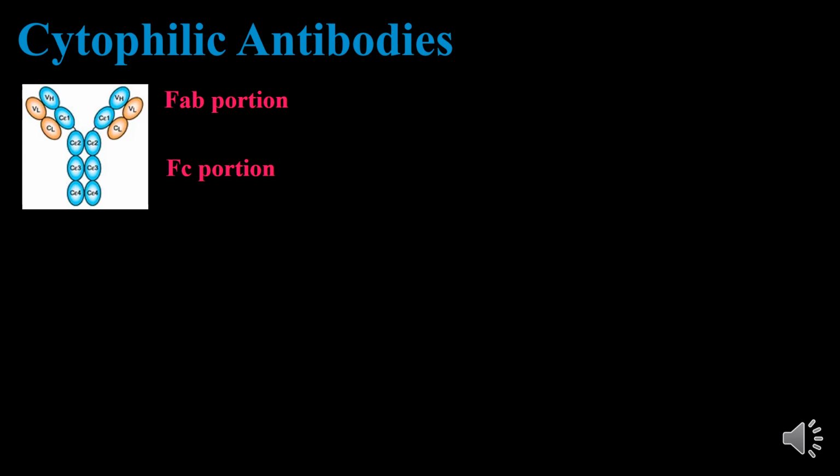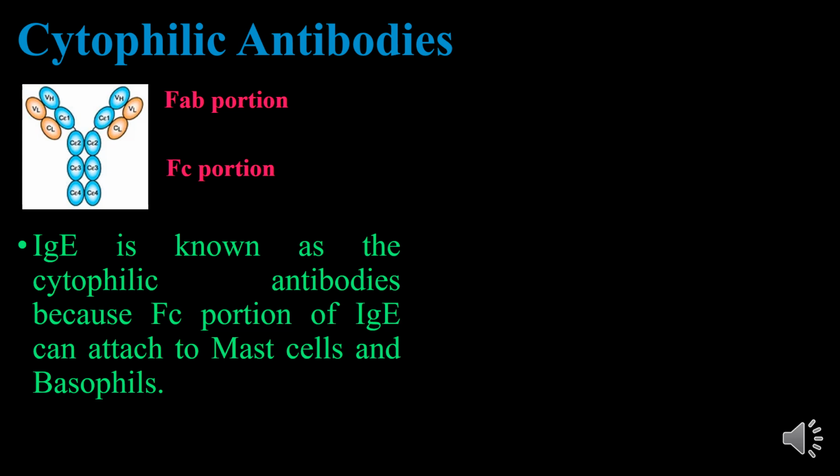Immunoglobulin E is known as a cytophilic antibody. Let's try and understand why it is known as a cytophilic antibody. So this is an immunoglobulin structure having an FAB portion and FC portion. The FC portion of immunoglobulin E can attach to mast cells and basophils,